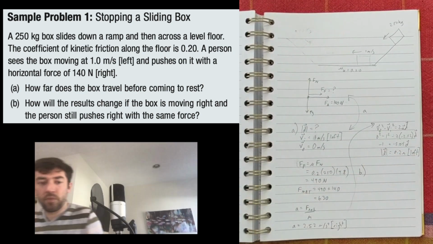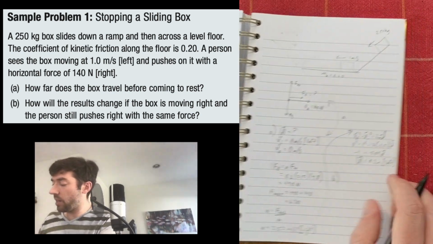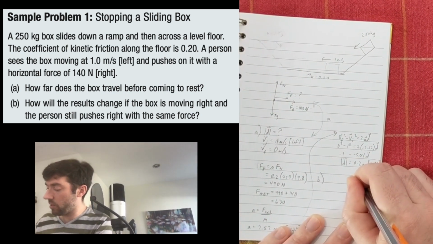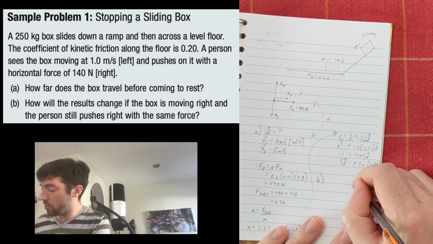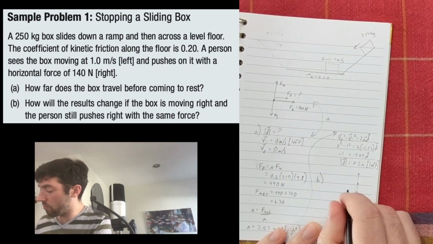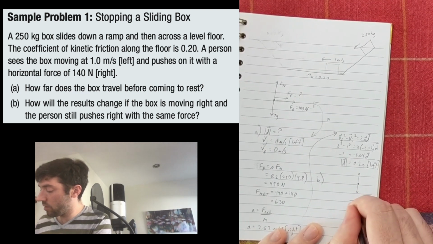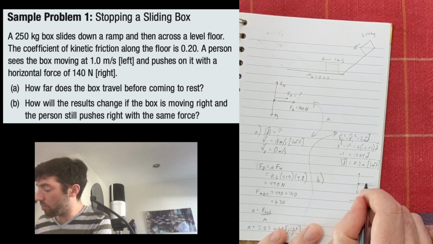Part B, how will the results change if the box is moving to the right and the person still pushes to the right with the same force? Okay, so now, let's see if I can squeeze this one in on this little section of page. Okay, so we've got normal force and force of gravity. Now the box is moving to the right at, let's presume it's at 1 meter per second. Now we've got the applied force,